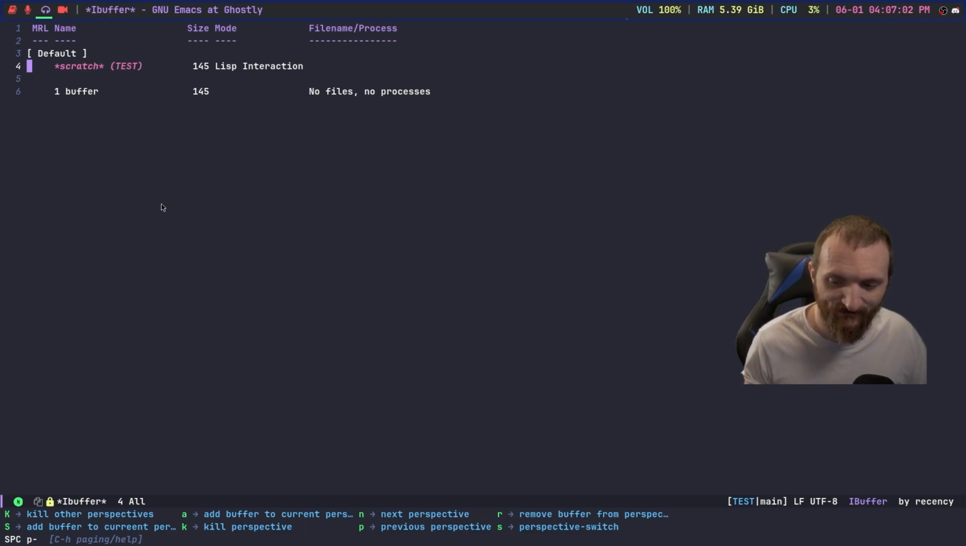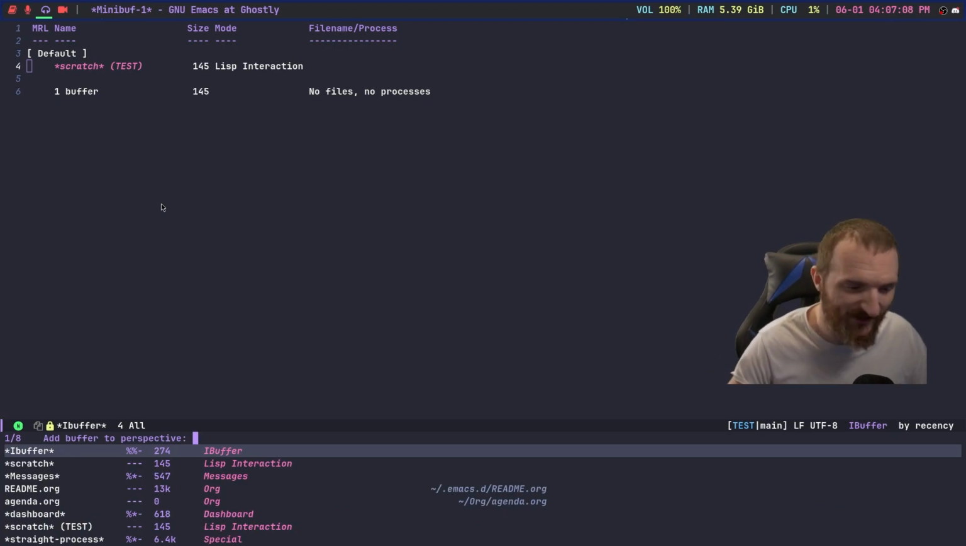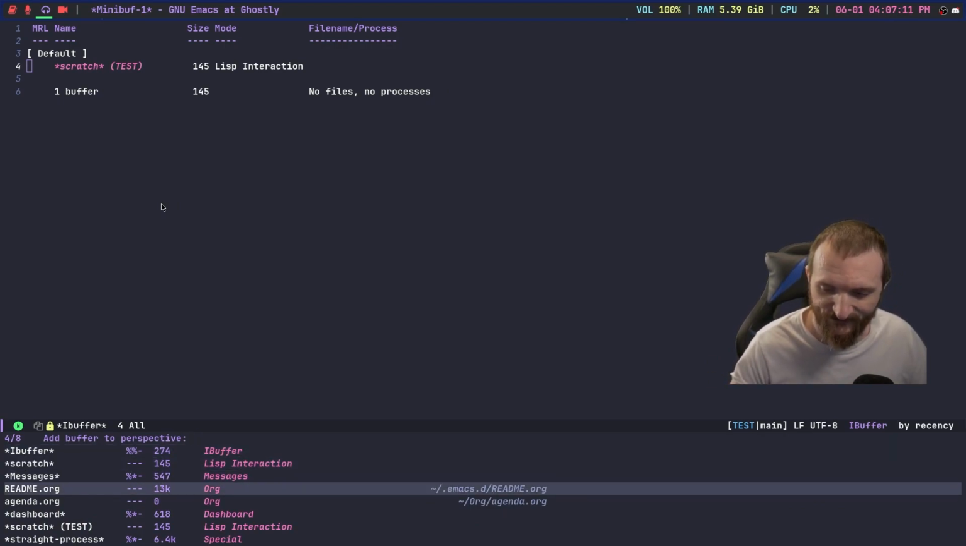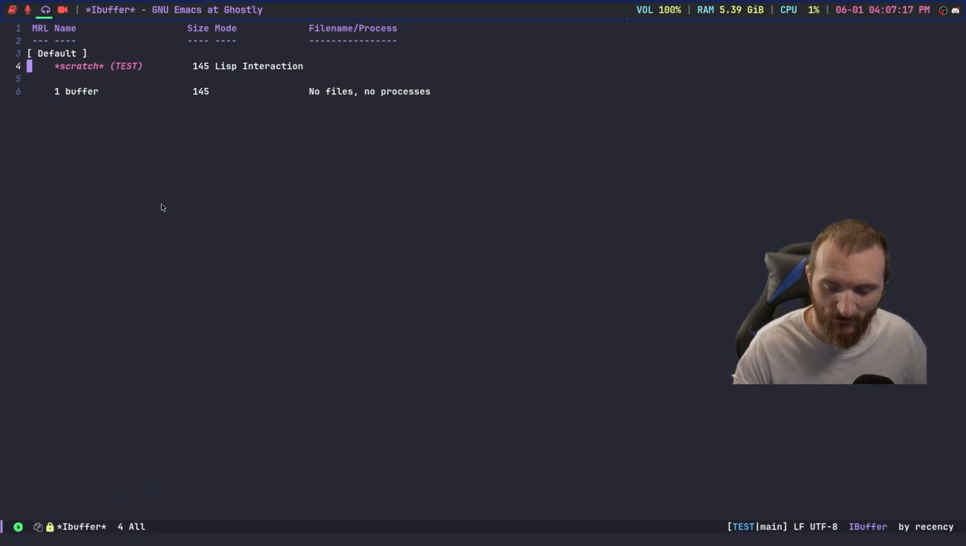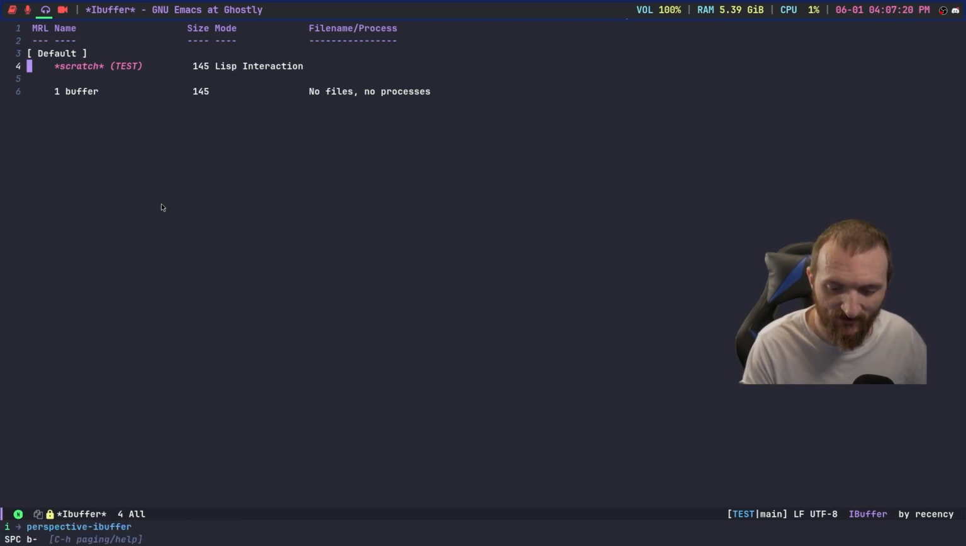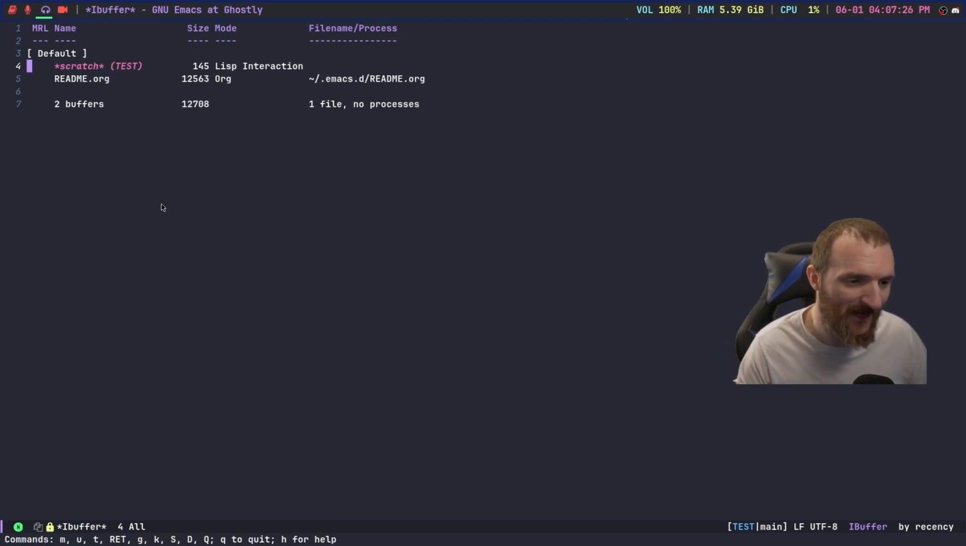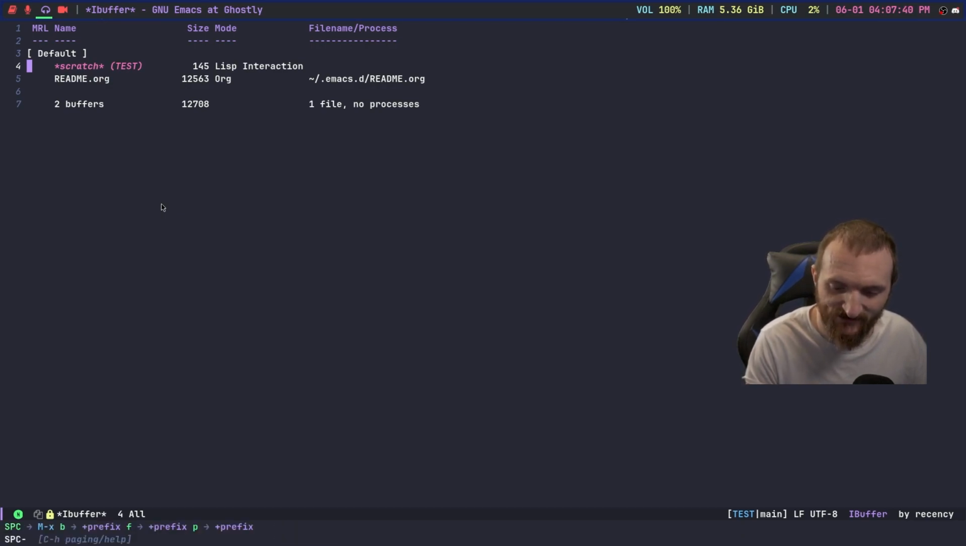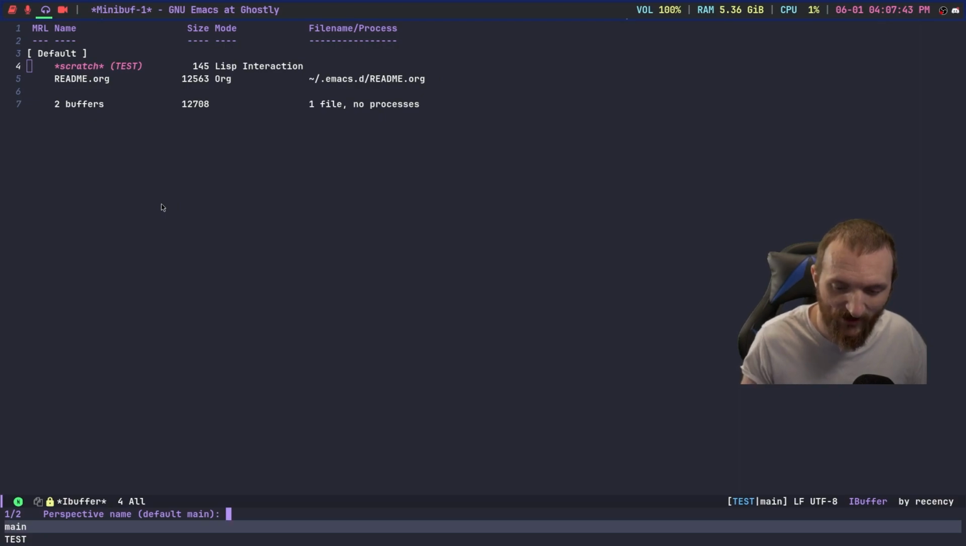So if I do space B A or space P A, that's my keybind. Now you see we get a list down here. So let's go ahead and get that readme.org, hit enter. Now we need to update iBuffer here. So if I do perspective-ibuffer, now you can see that we have the readme.org. But let's look at what actually happened. So we had the readme.org in the test workspace. But if we do a space P S and we go back to main,